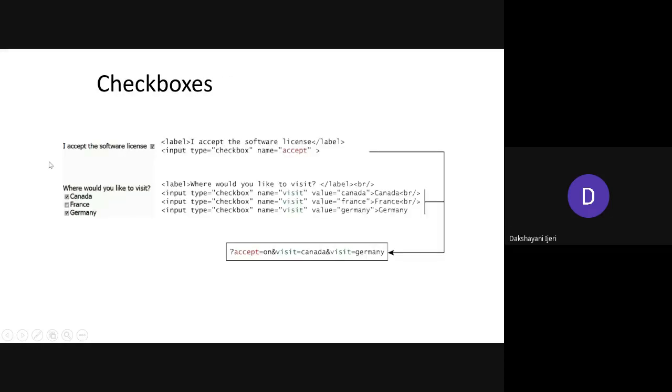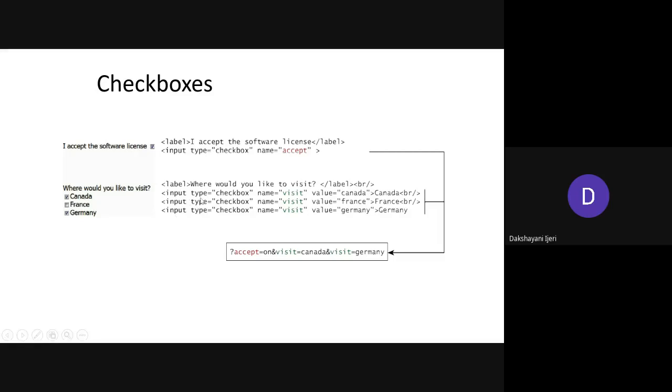Within the label element, you type the text which is going to give the label to that checkbox. You can see the label 'where you like to visit', followed by input type equal to checkbox. The rest of the attributes and their purpose remain the same as you did for the radio buttons.